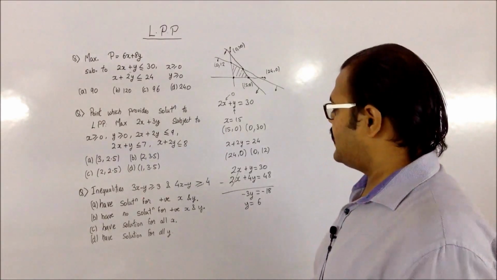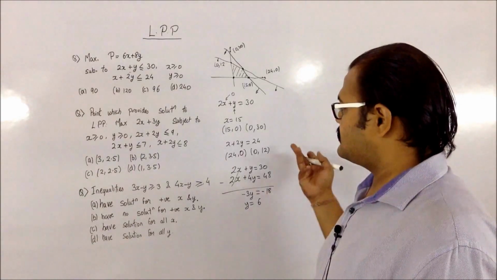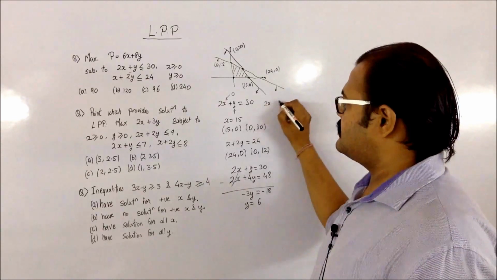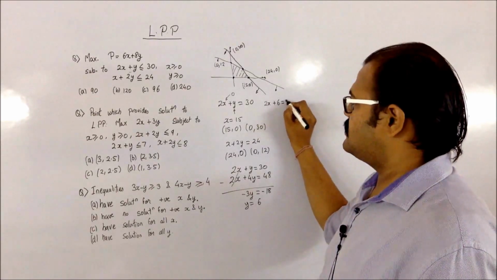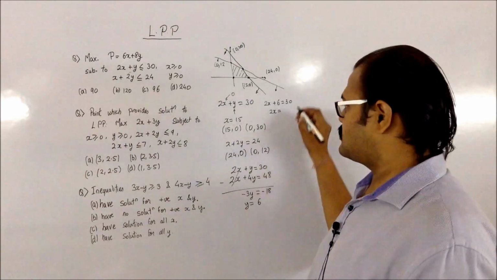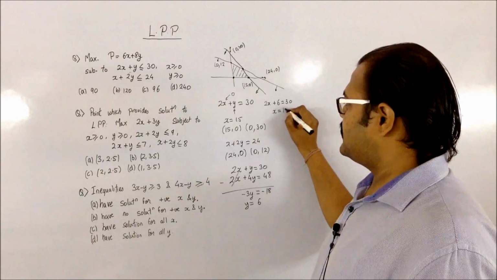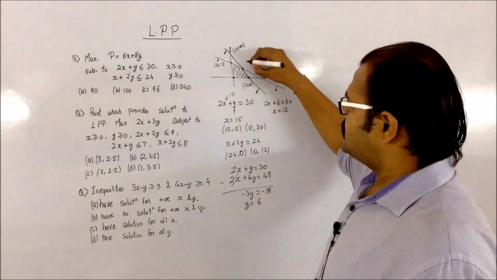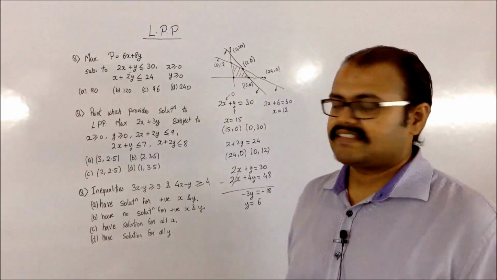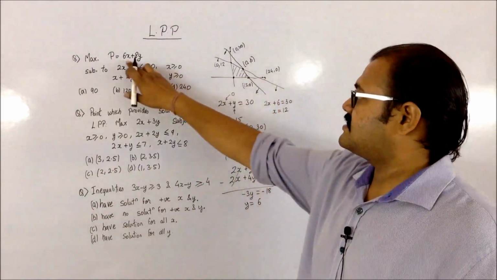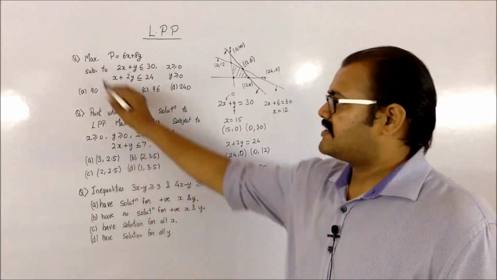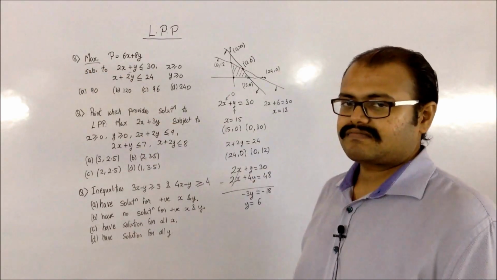Let's find the corresponding x. So let us substitute in any of the equations. If I substitute y in this, I will be getting 2x plus 6 equals 30. 2x will be equal to 30 minus 6, which is 24, and divide by 2, I will be getting it as 12. So this point is my 12 comma 6. Now what I have to do is substitute the vertices in this equation and check which is going to be the optimum or the maximum, because I have to find the maximum value for this.